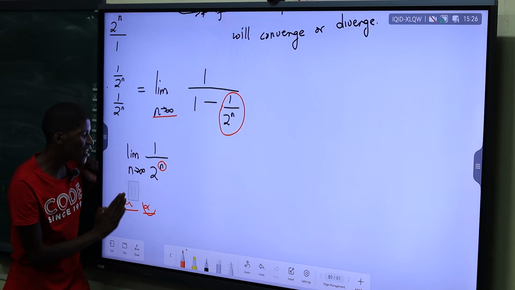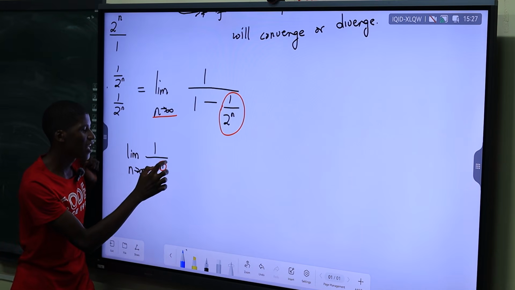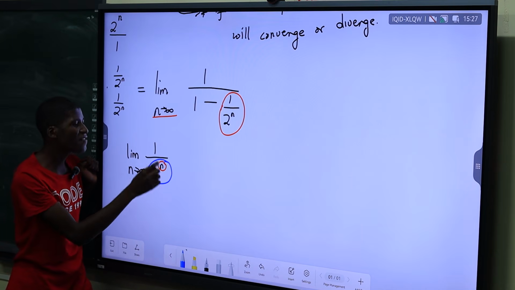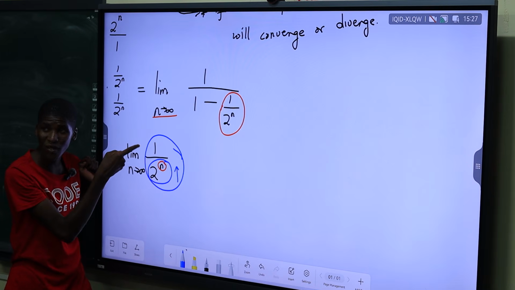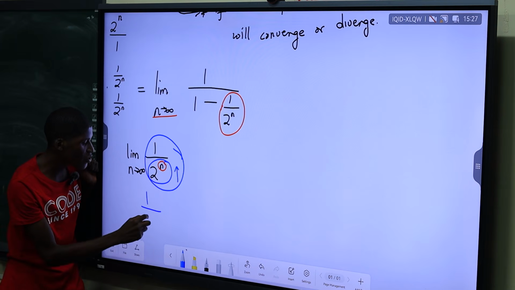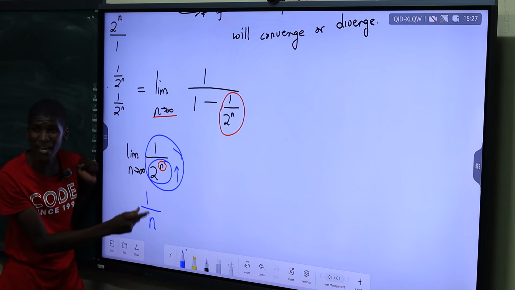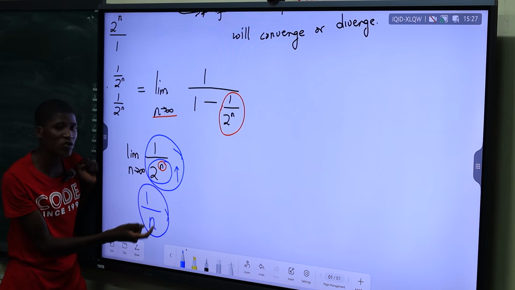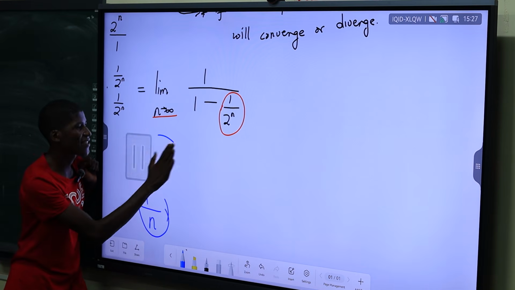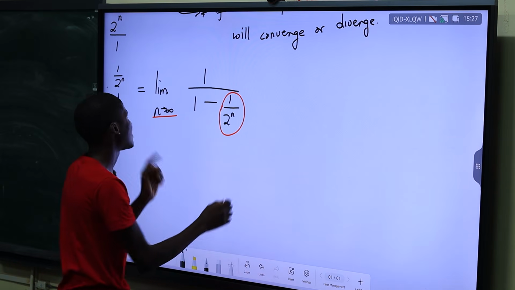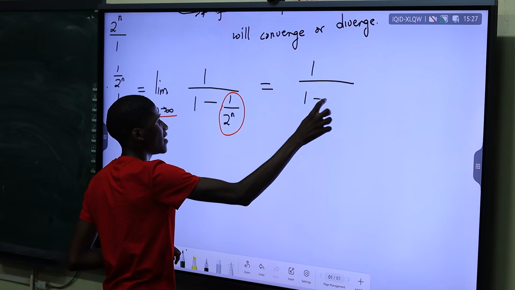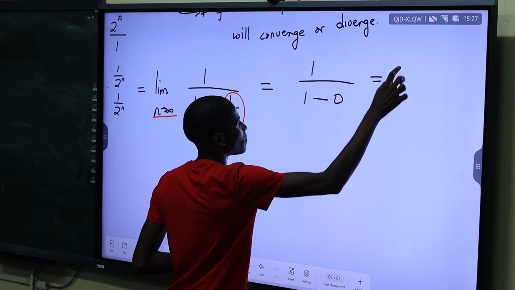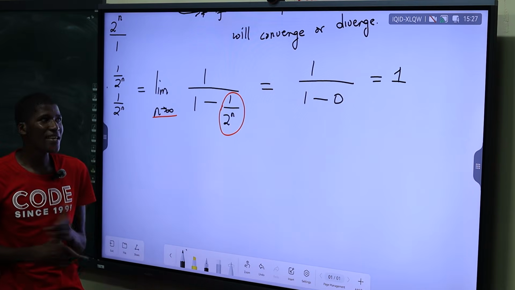So as n goes to infinity, the entire denominator will become bigger and bigger. And if the denominator keeps on increasing, our fraction is going towards 0 at a constant numerator. So it's like finding the limit of 1 over n. If n becomes bigger and bigger, the entire fraction goes towards 0. Here we don't have to write our statements, but if we evaluate the limit, it's just going to be 1 minus 0, and then this will be 1. So your limit is 1.